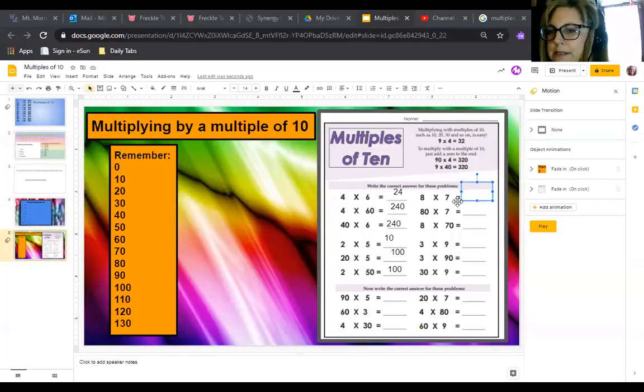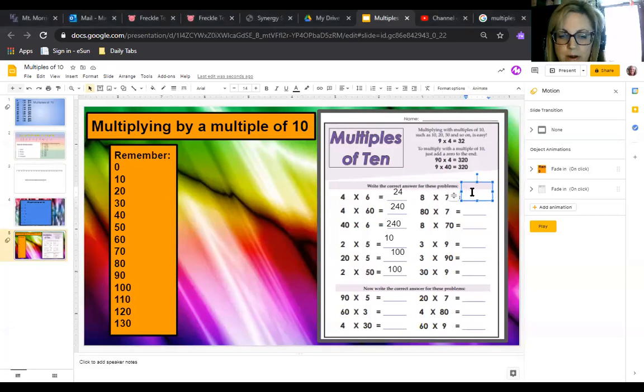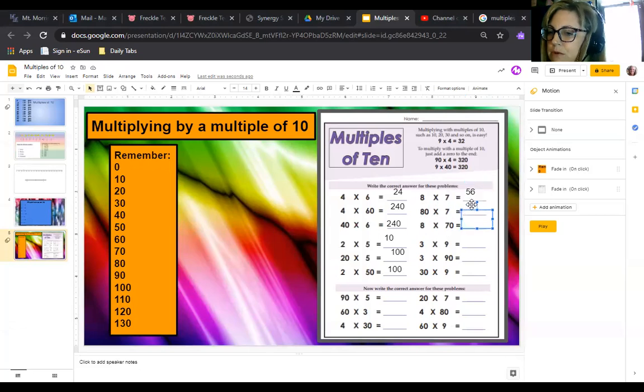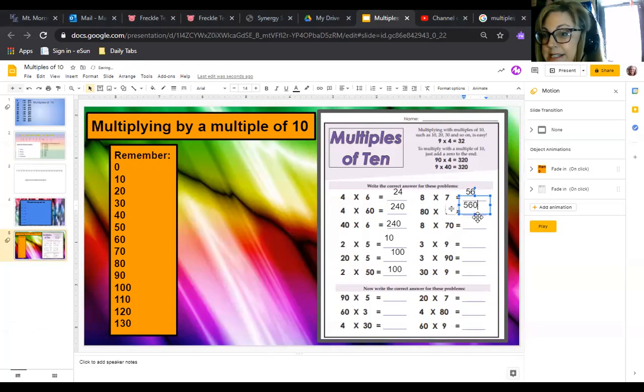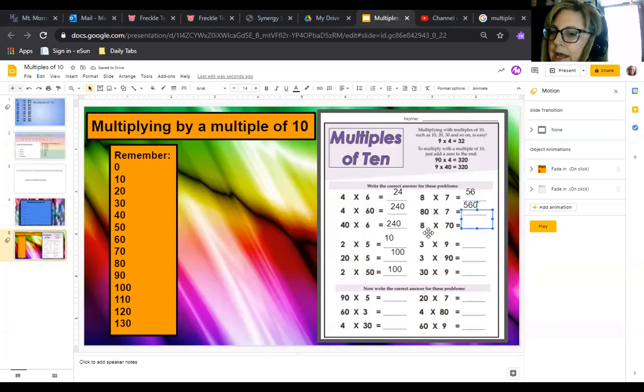Okay, let's take a look at this next one. It says 8 times 7. We know that 8 times 7 equals 56, so I will write 56 on the line. So let's take a look at 80 times 7. 80 times 7 is the same as saying 8 times 7, which equals 56, and then just adding the 0 because it's 8 tens basically. And that's also the same as saying 8 times 70. It's going to be the same answer because 8 times 7 is still 56, and we're just adding that extra